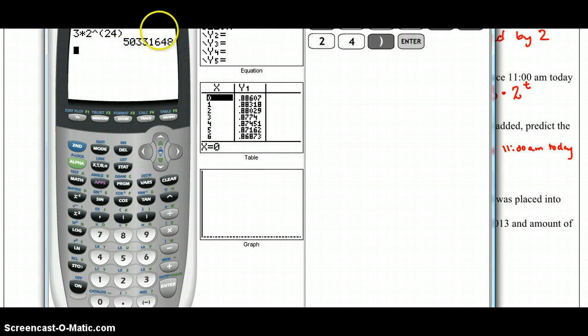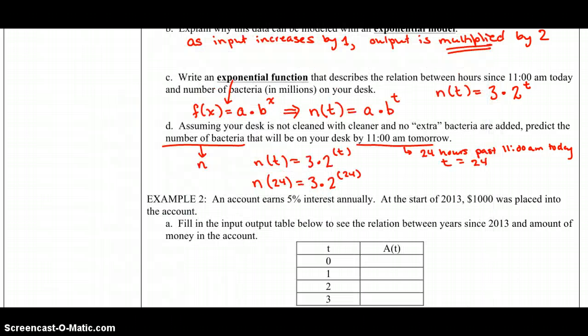And we see we get this huge quantity. Again, it keeps doubling, so we saw, even after 3 hours it was 24, then 48, 96, and so on. And it's going to keep doubling like that 24 times over. Okay, so we have a huge number of bacteria here. So n of 24 was equal to